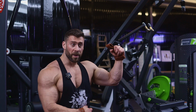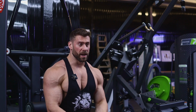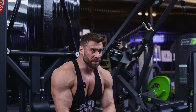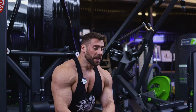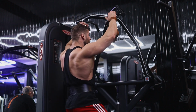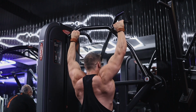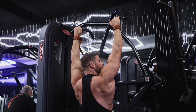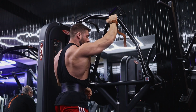You've probably seen me do an exercise in previous videos, which is this sideways, either seated or kneeling, single arm lat pull down. And you really are trying to exaggerate this movement here. But we have a machine in this gym which mimics that but it's not perfect. So I'm gonna have to do it slightly differently. Let me show you what I mean. So this is a Panatta circular pull down. Let me quickly demonstrate what you do with 2 arms. Pull it down like this. However, that's where the problem lies. It doesn't stretch enough. I need it to be up here. And so I can do single arm,